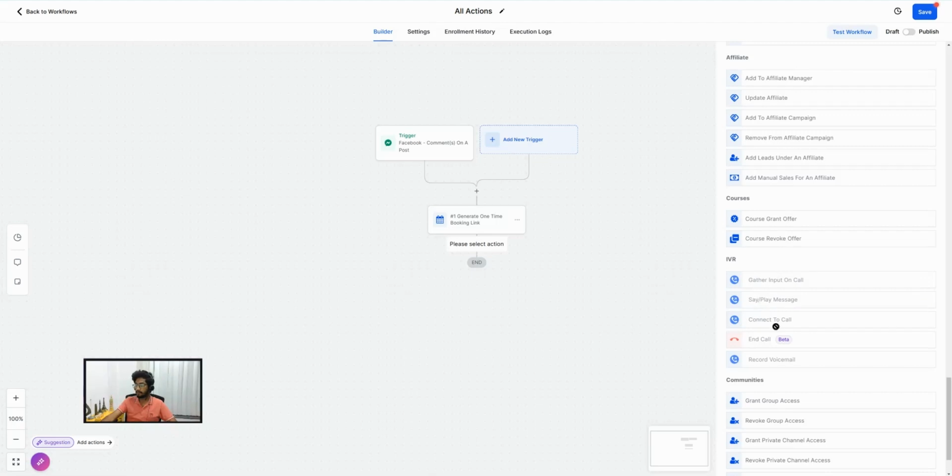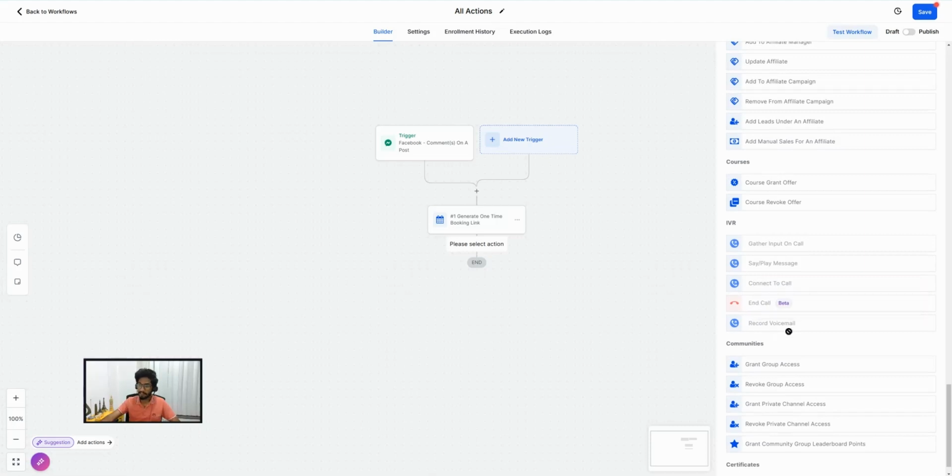And then there is connect to call. So when the lead comes to this action, you can actually call your different users. So you can select up to 10 users. So when the lead will come to this, GoHighLevel is going to forward the call to those multiple users, and whoever picks up first, GoHighLevel will connect that person to the contact who called you. And then this one is to end the call. And then there is record voicemail. So you can configure this type of thing that is going to say to your customer, hey, after the beep, leave your voicemail. So your customer would be able to send you a voicemail, and that will show up